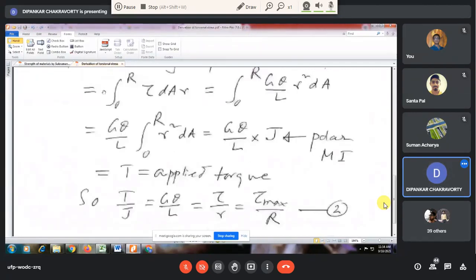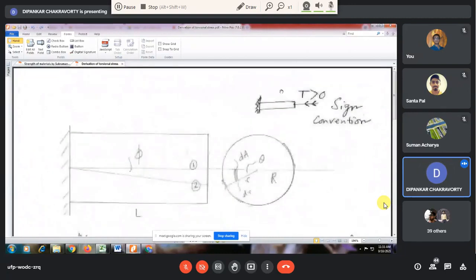If you come here, this is how we denote a moment by a vector sign. Do you agree? This is a cantilever member. If you have a clockwise torsion acting at the tip, it will be denoted by a double arrow vector towards the member. Are you convinced? Please go back to your class 12 days when you studied electromagnetic induction, the effect of magnetic current, like that.